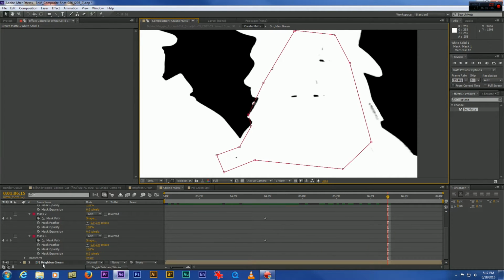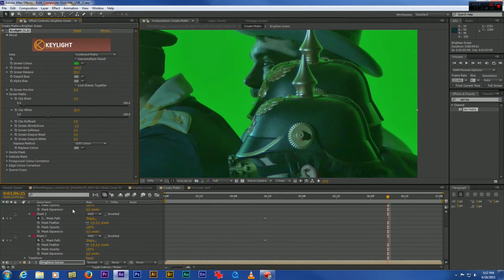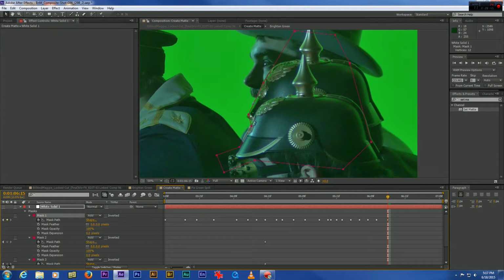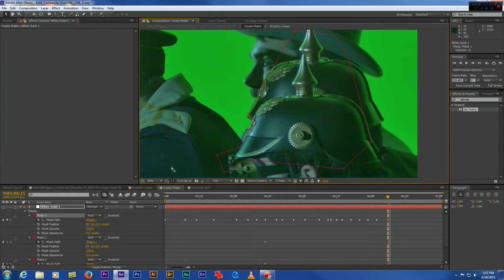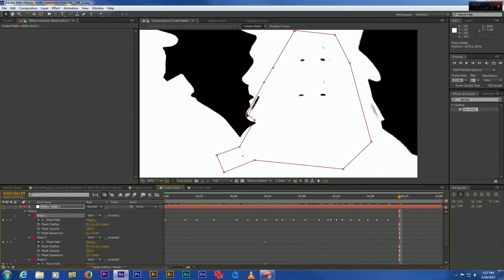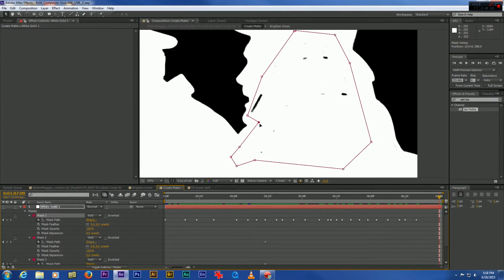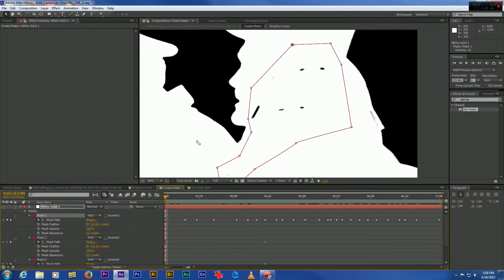It might also be useful to double check by going back to key light and turning it off, where your mask borders need to be, by judging by your eye where that edge actually is and deciding where to fix it. We also have to bring this up, it appears, because we're actually missing some stuff here. Okay, I think we've covered everything in that region except for that little sliver on the back of this helmet here. So one of the things you can also do